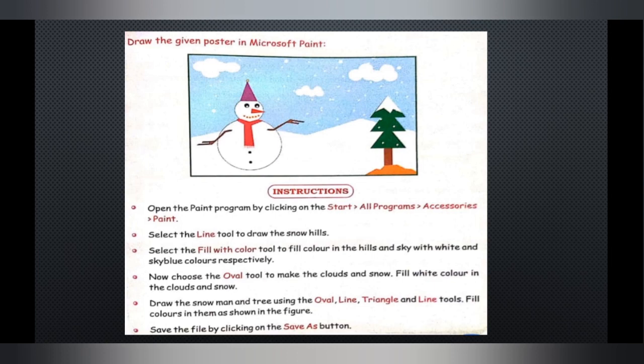If you have another system, you can try it parallelly, or first you watch the video, write down the points, and then follow the instructions, and lastly you can try out this picture or any picture of your choice. I think then only you will feel confident about this MS Paint software. It is not tough, but of course we have to learn some of the tools and